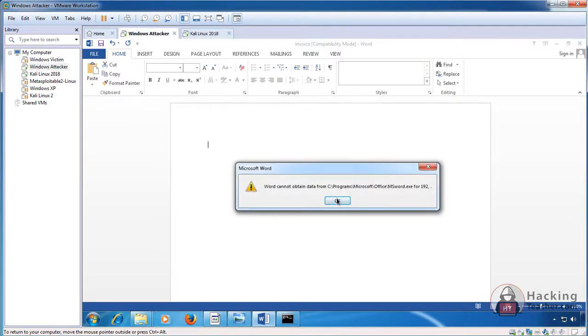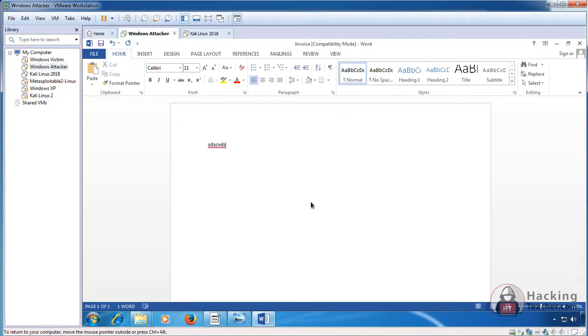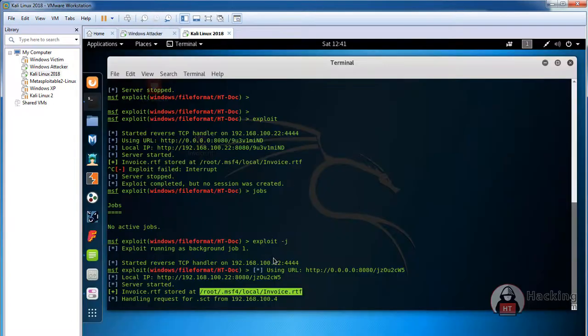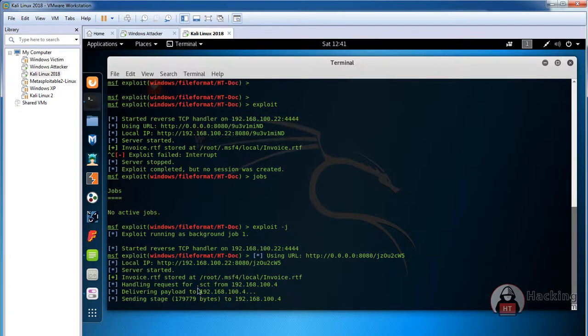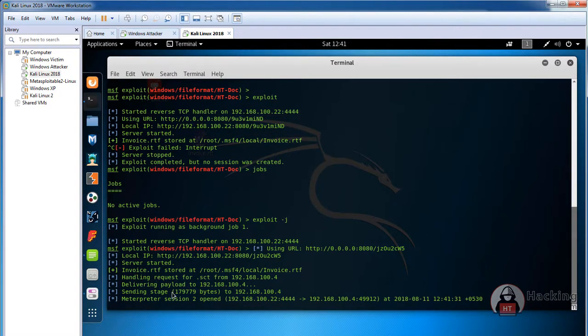Okay, that's it. And if you go to Kali Linux, you'll see one request is coming, something is happening on Kali. One request is coming from the victim, delivering the stage, and one session opened. That's it. You got control of the victim.